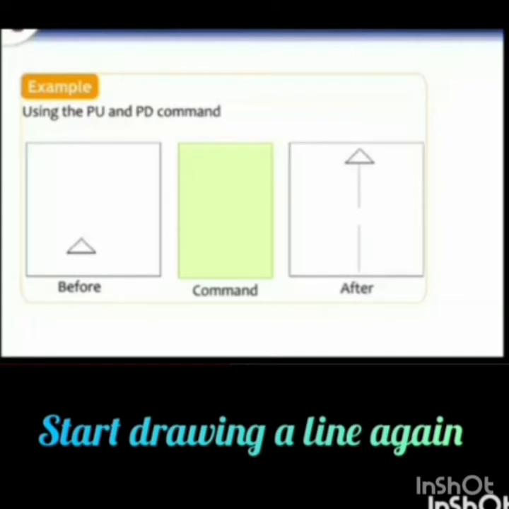Now we will continue giving commands. PD command followed by FD primitive, forward primitive. For example, forward 50, then we give the PU command, then once again forward 50, then the PD command, it means pen down, and once again FD 50. So here we have seen how the pen down command has worked. The turtle starts drawing again, moves forward by 50 units.